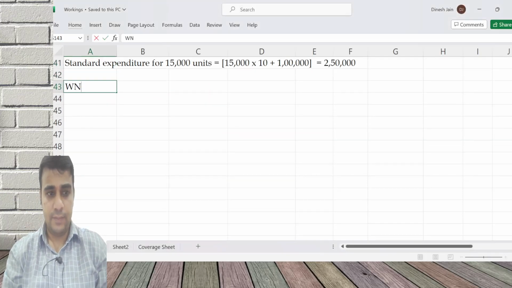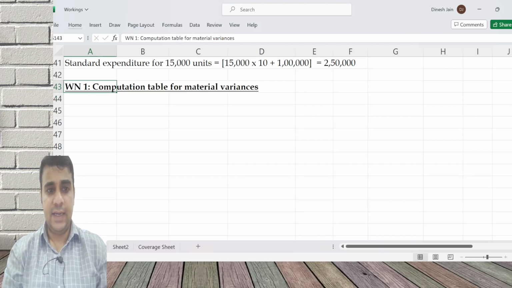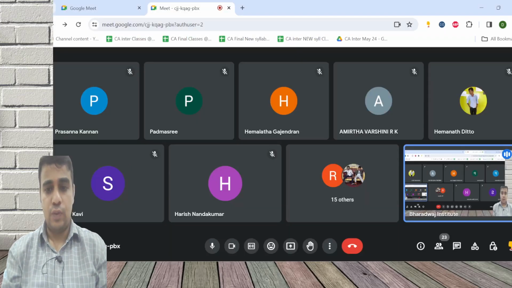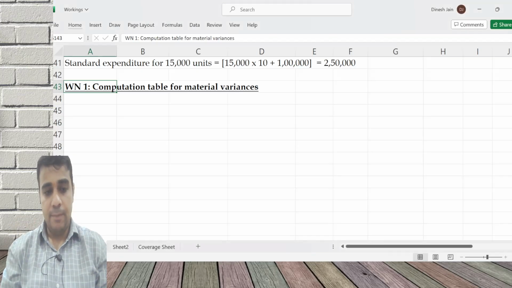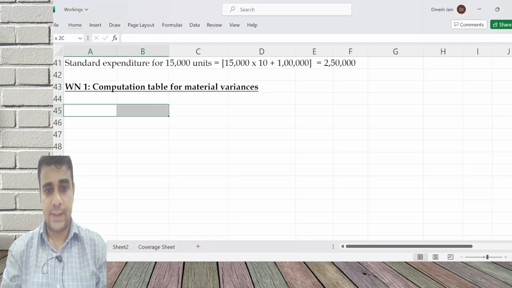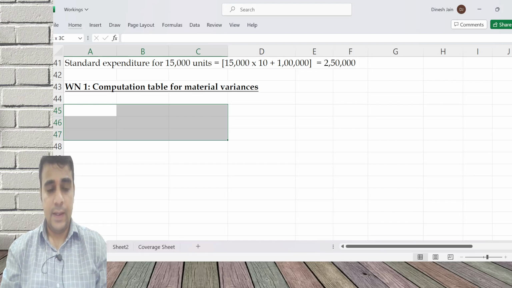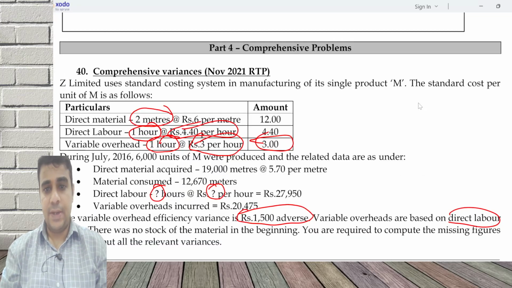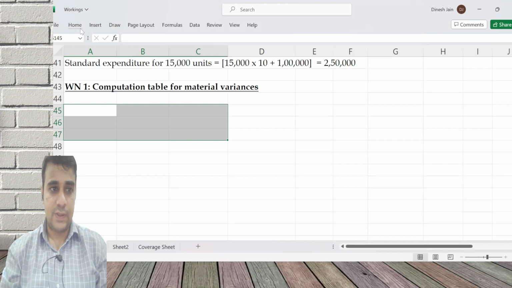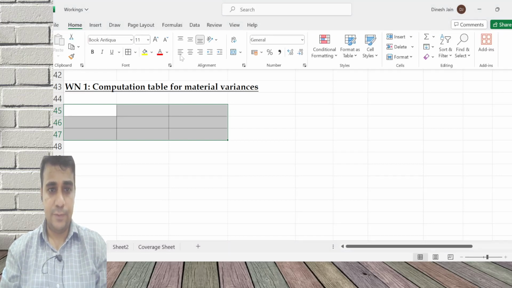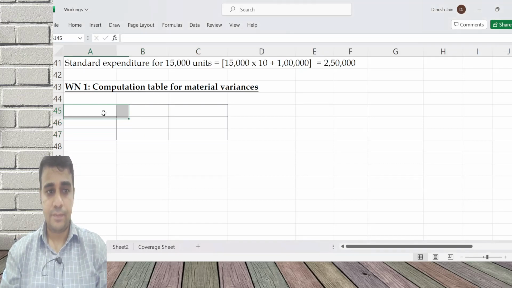Working note 1, computation table for material variances. Again, I'm repeating, it is like a revision now. We have got to the revision part of standard costing. Computation table for material variances. It is a single material problem, so three columns. SP into SQ, SP into AQ,